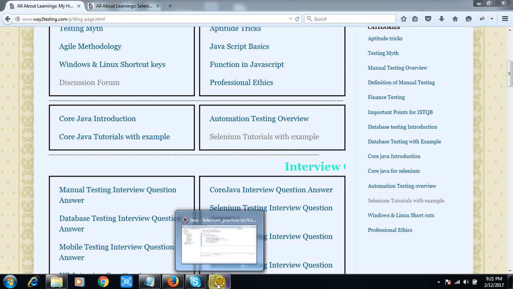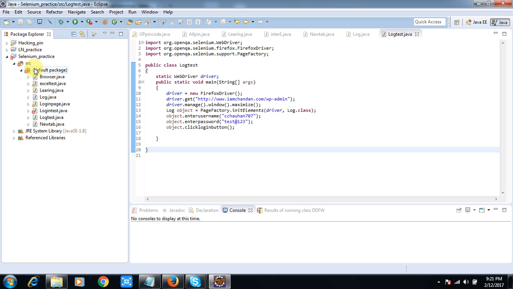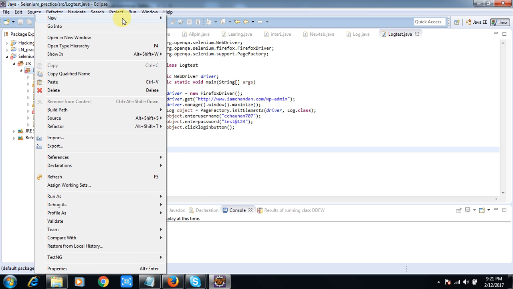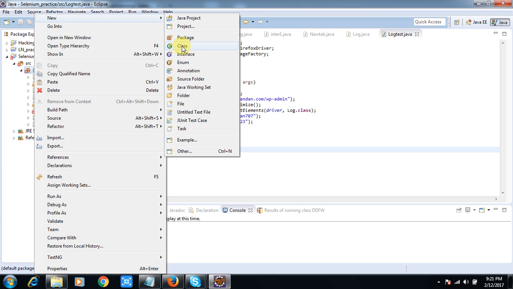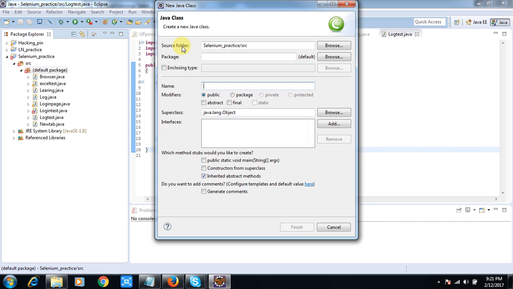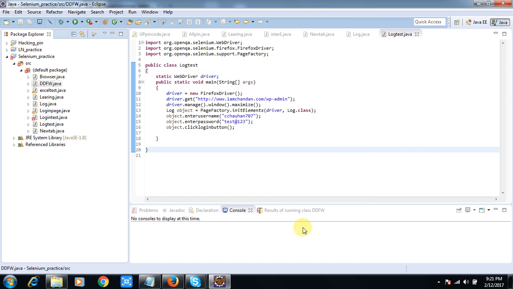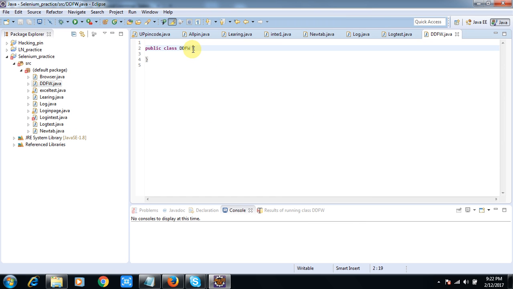So let's move to Eclipse and create a class. I will give it the name ddfw. As we know, while working with TestNG we do not need a public main method, so I will not include it. As usual, I will create the driver as global, then use my Test annotation and import it.